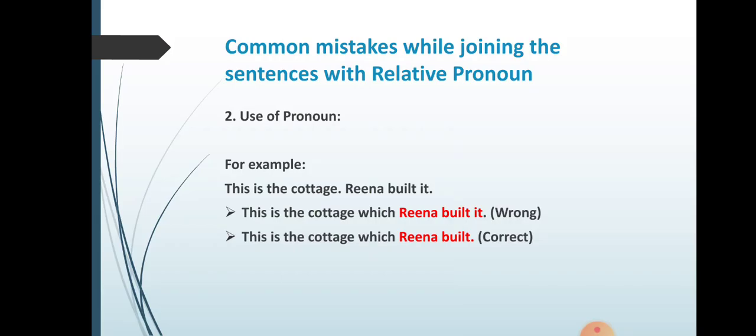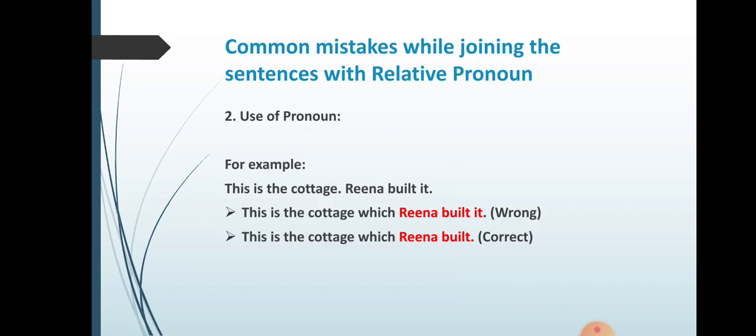Next is common mistakes while joining the sentence with relative pronoun. हम relative pronoun join करते हुए दूसरी गलती क्या करते हैं? Use of pronoun. Let us learn this concept from an example. This is the cottage, Reena built it. Now if you write, this is the cottage which Reena built it, then it will be wrong, because we have